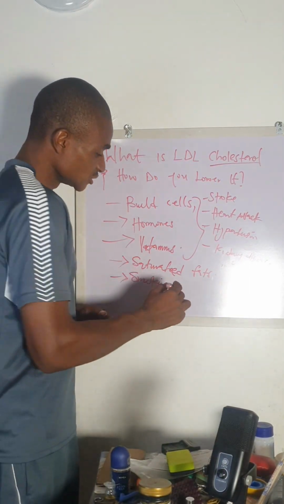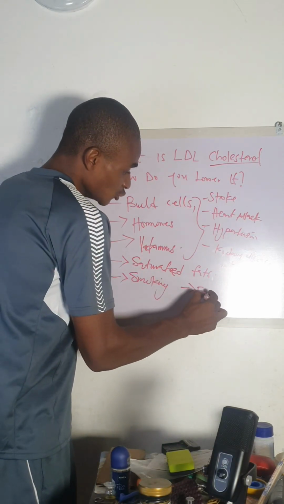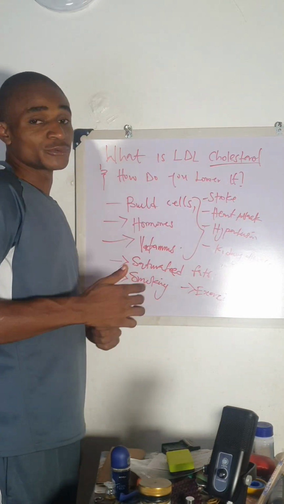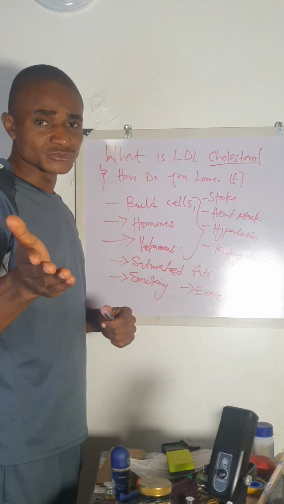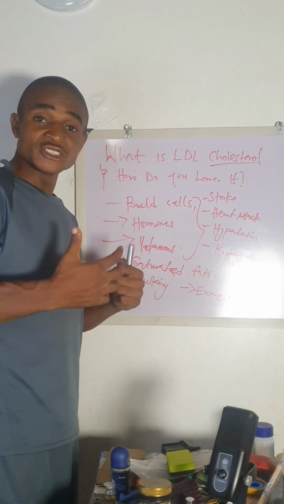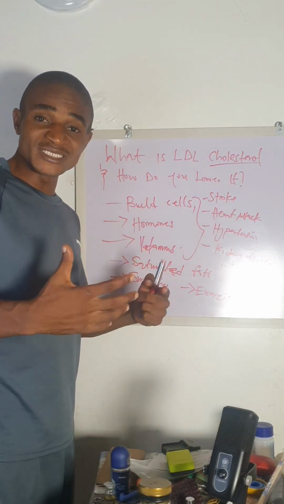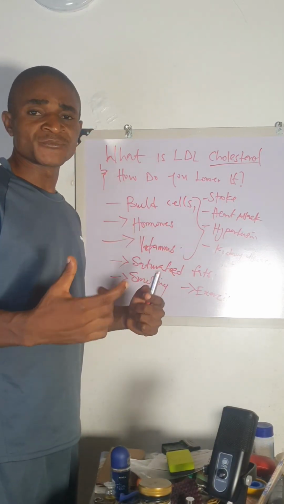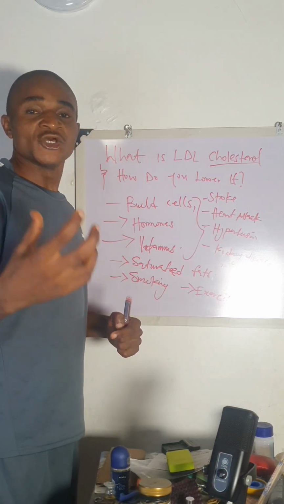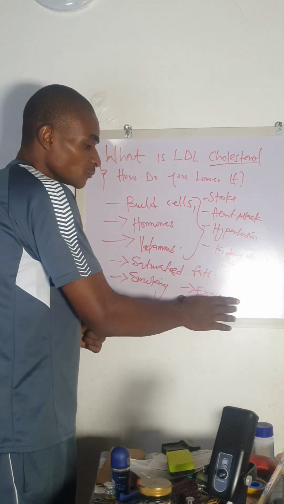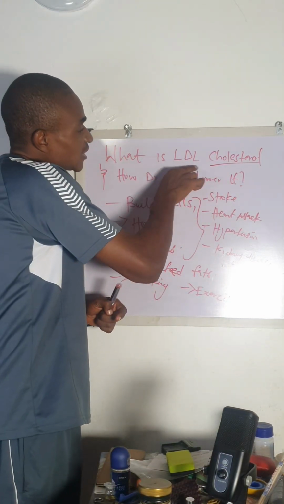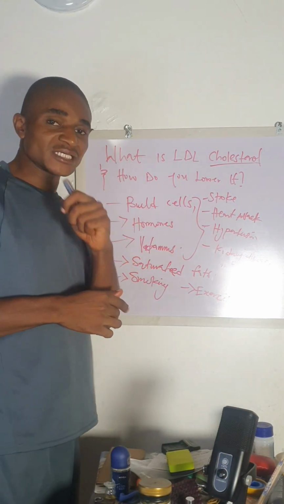And the next thing you should do is regular exercise. When you move your body, it reduces low density lipoprotein cholesterol. And how does that happen? Whenever you indulge in high intensity physical activities such as aerobics that makes you to sweat and breathe out very hard, this exercise goes ahead to burn down lipids. Your body starts to use lipid as fuel instead of the regular glucose. And in that process, it will help chop off excessive bad cholesterol that is in your body.